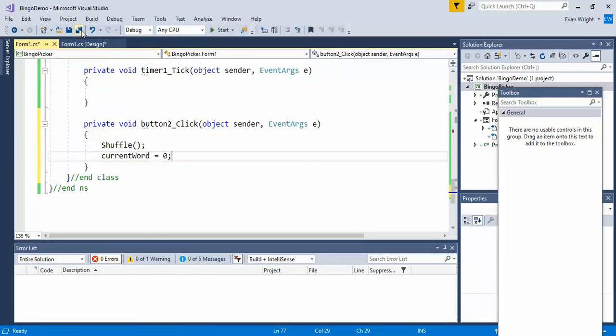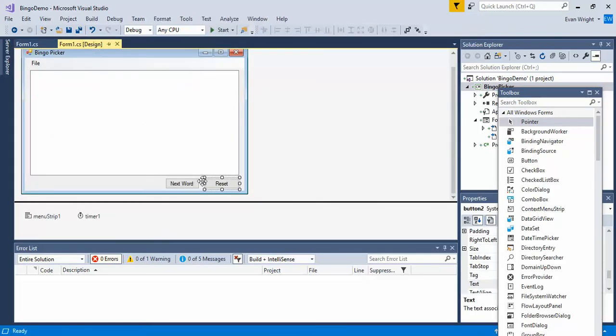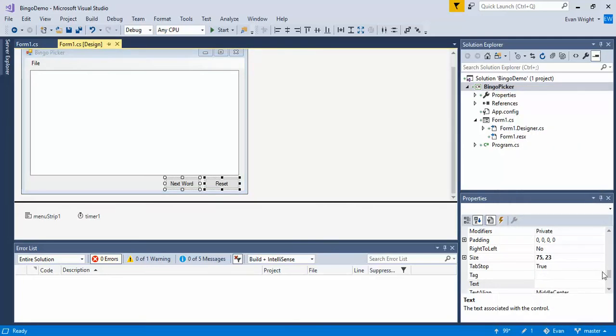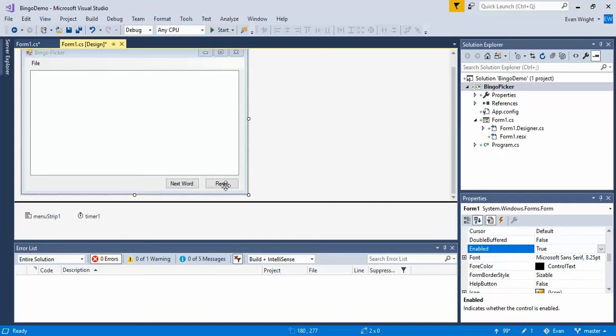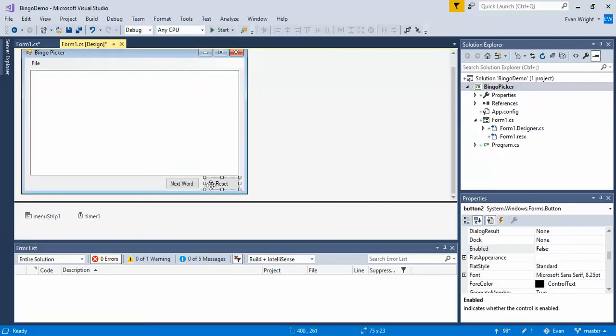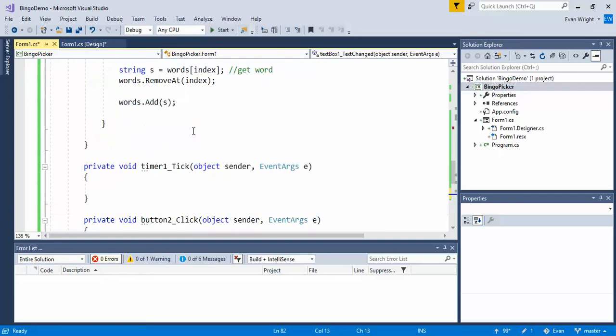And you know what? I think we want to disable these buttons if a word hasn't been picked yet. So maybe what we'll do is we'll be kind of clever about this. Let's set their enabled property to be false, right? So now these buttons don't work because their enabled property is false. And then maybe once we open the word list, oops, I didn't want to do that. When we open the word list,